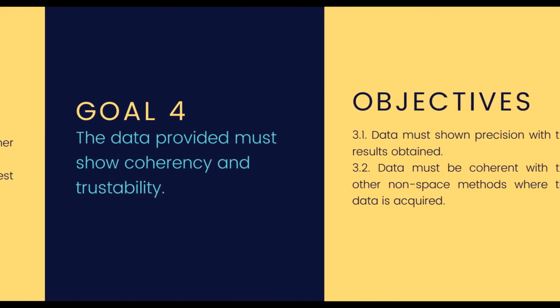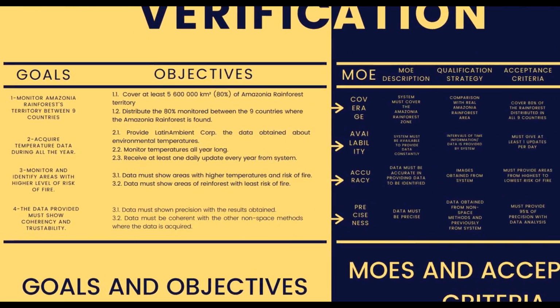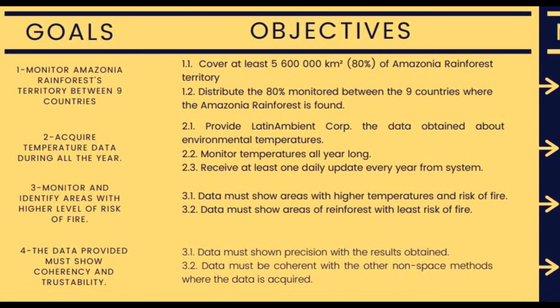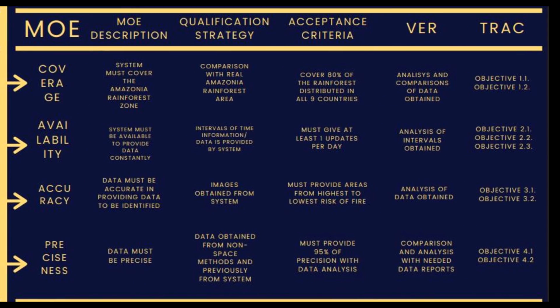Also, our fourth goal is about preciseness, and each of them makes the environment for us to be able to monitor temperatures in the Amazonia rainforest and to identify those temperatures which could be a risk of fire in